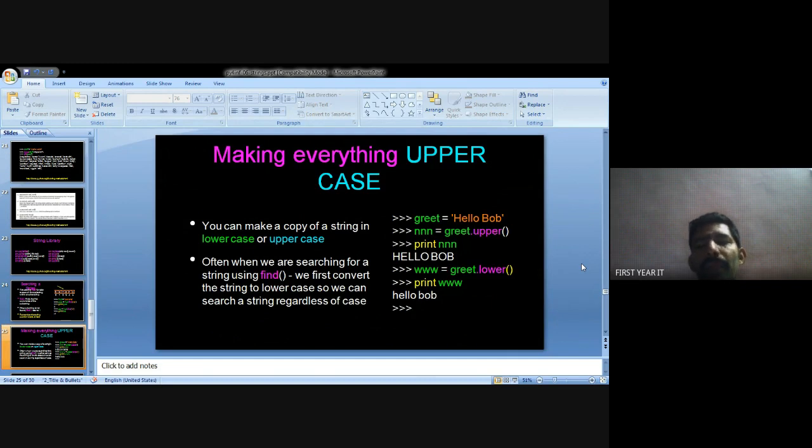This is uppercase. After that, www equals greet dot lower, and print www gives the result in small letters, hello bob.